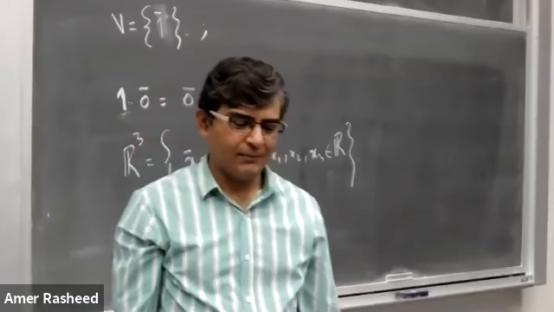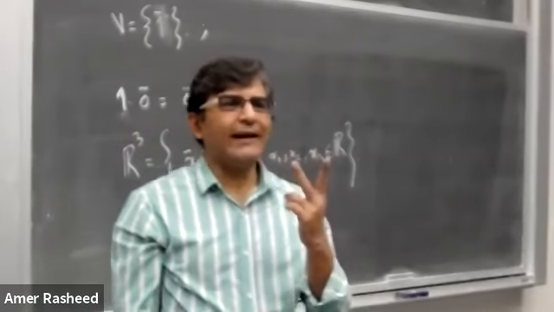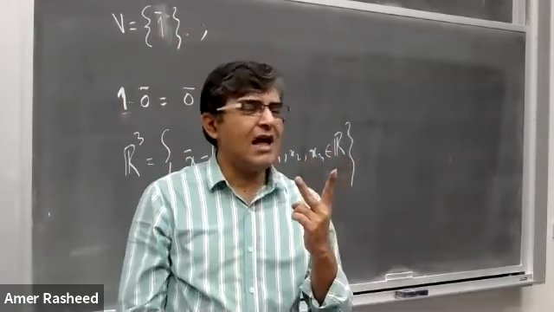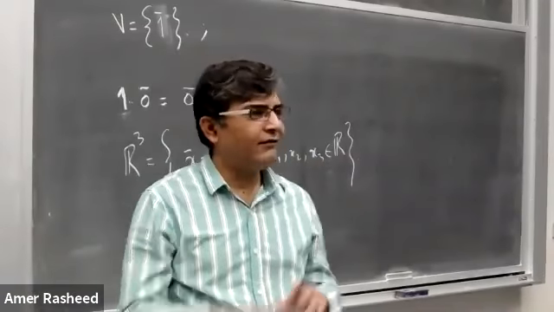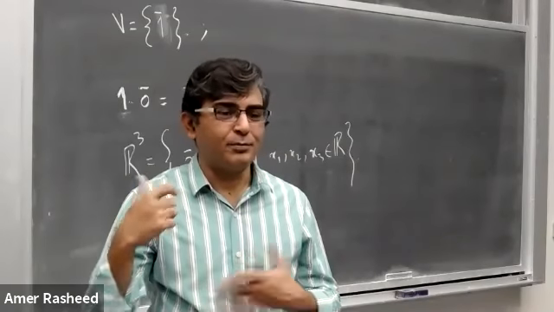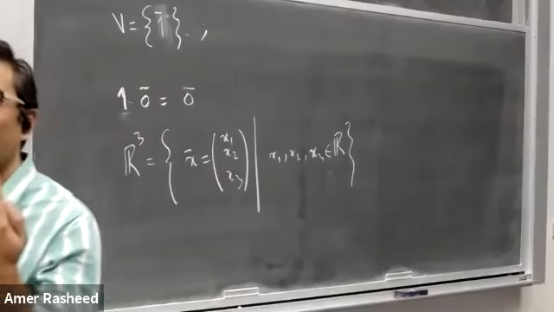करें। पहली प्रॉपर्टी क्या है? क्लोजर लॉ, अंडर एडिशन। 2 एलिमेंट्स लें कोई भी, उनको सम करें तो उसी सेट में होना चाहिए। ठीक है? अब इसमें 2 एलिमेंट्स हैं ही नहीं, इसी को 2 दफा ले लेते हैं। 1 plus 1, क्या आंसर आएगा? 2, 2 है इधर? नहीं, तो वेक्टर स्पेस ना हो इधर। कोई एक प्रॉपर्टी वायलेट हो जाए, वे हम कहेंगे वेक्टर स्पेस नहीं है।